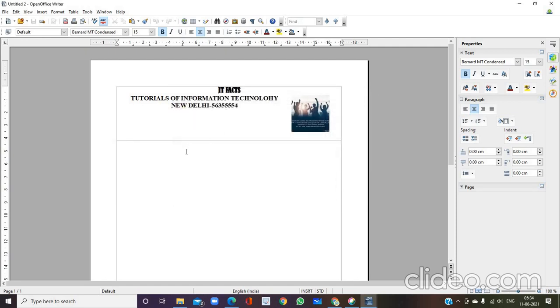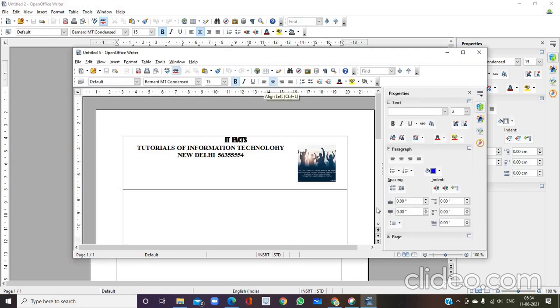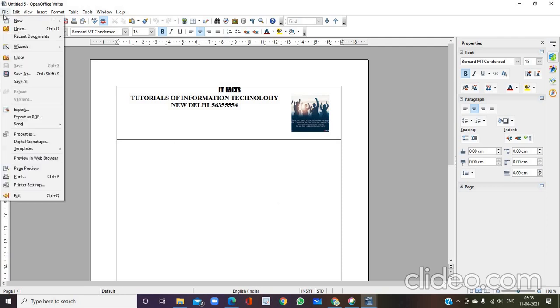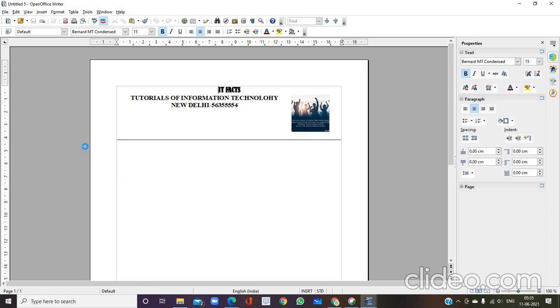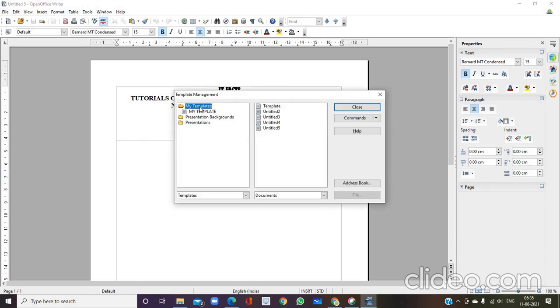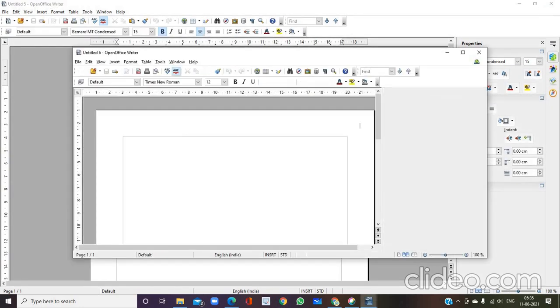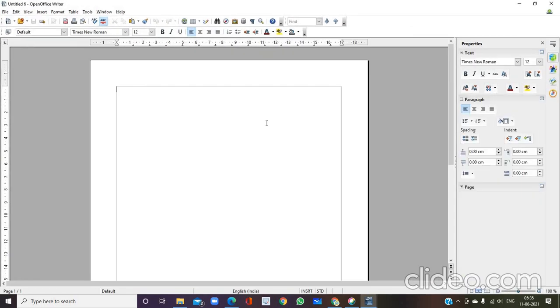Now you open a new document, Control N. Now we are not getting the blank page. We are getting our template format as the default document, right? If you want to reset it, if you again want to get the empty document, then you have to reset it. Again, go to File, Organize, select the template. Reset as default, the empty text document. Click on close. Now just open the new document and check, Control N. Yes, we came back to our text document again.